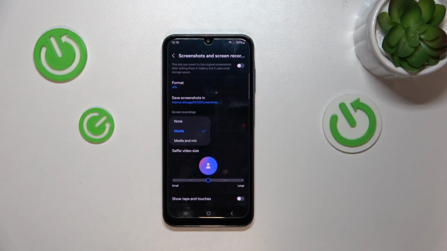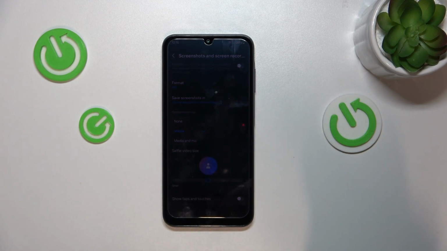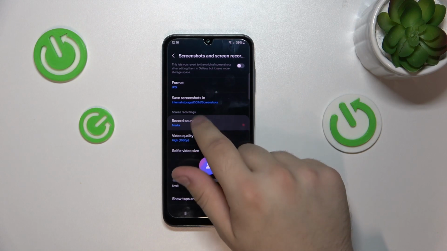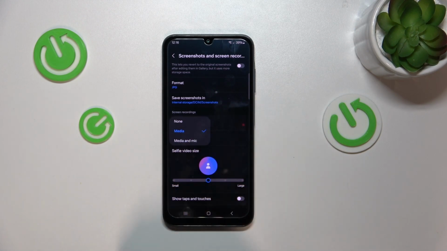recorder. While tapping media, it will record simply your applications and your microphone will not be recorded. Media and mic, in this mode it will also record your voice or anything else you wish to record, and while tapping none it will be